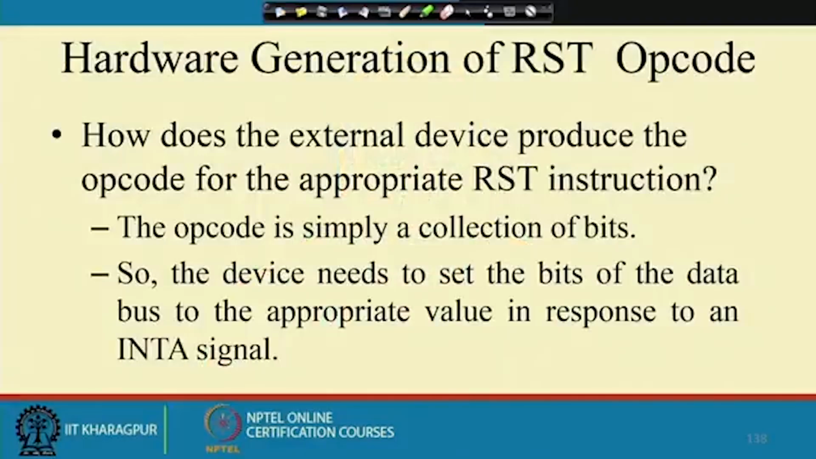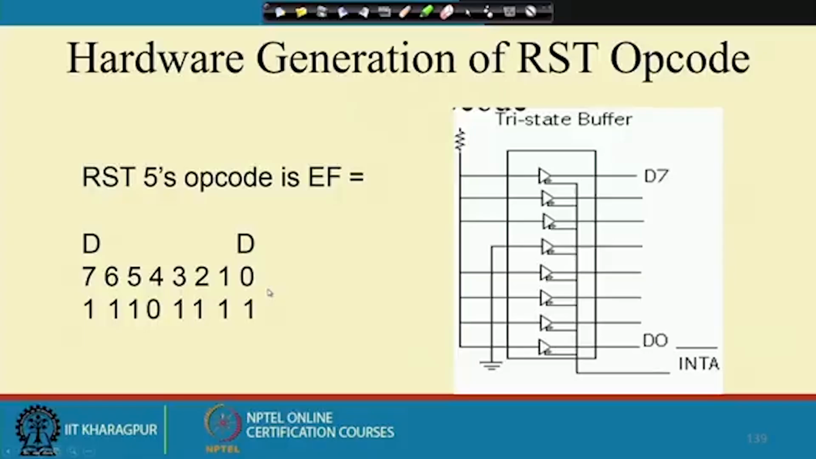As we know, an opcode is nothing but one 8-bit pattern, and that 8-bit pattern has to be generated in response to the INTA signal. So, this is how we can see that the RST opcode is generated. Okay. So, for example, suppose we are looking into the RST 5 instruction. In the RST instruction opcode, if you look into the bits, then these bits are fixed, like D7, D6, then